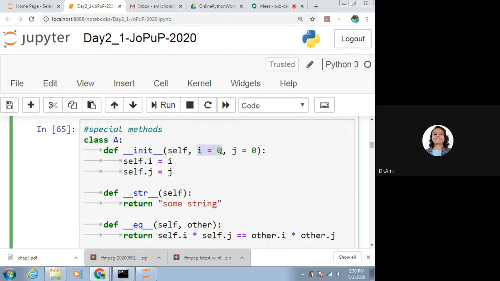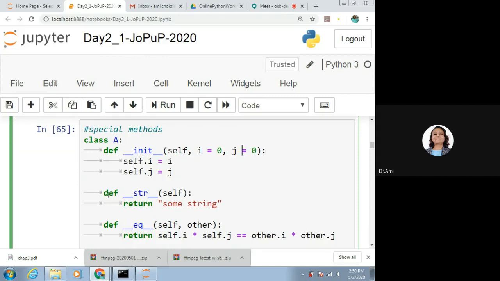If somebody is not giving any value for i and j, by default we have to consider it as 0 and 0. So here we are initializing the class members, that is self.i is equal to i, self.j is equal to j.